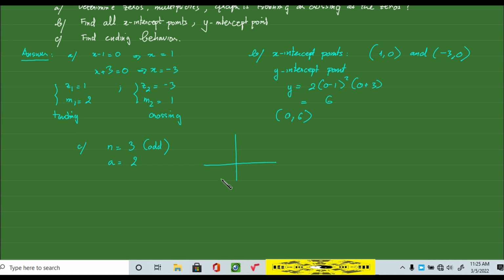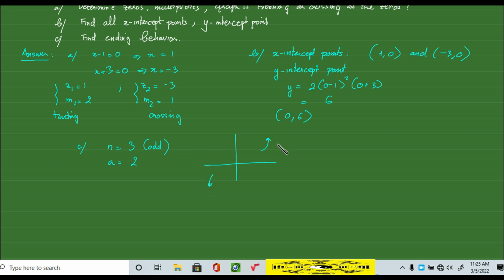What case is that? I know that because n is odd and a is positive, we're going to have one branch going down like this, and the other branch going up like this, right? Because it's odd. Okay. So one branch going down like this, and the other branch